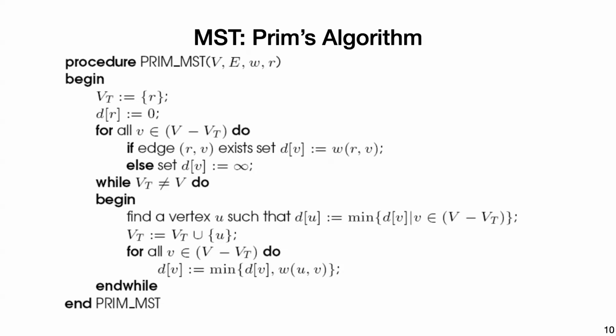And then while the MST is not full, these are the main steps in the rounds. We find the next vertex, which requires taking the min over the distance vector of the things that are not currently in the MST. The min distance tells us what is the next vertex that we're going to add to the MST, and then we add that in. And for all vertices that are not in there, we have to do this update step, which is either the current distance or maybe the distance got less when we added the new edge. So that's this minimum.